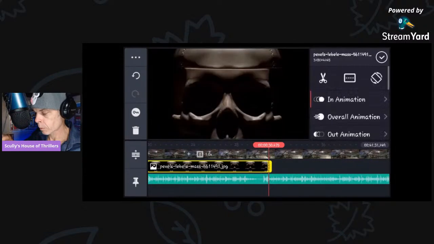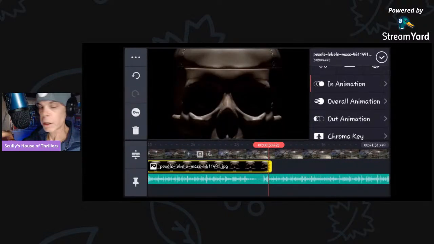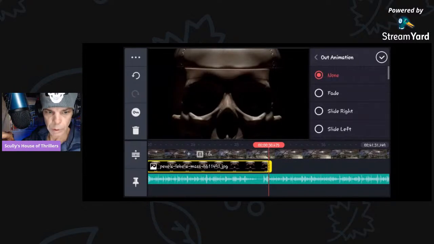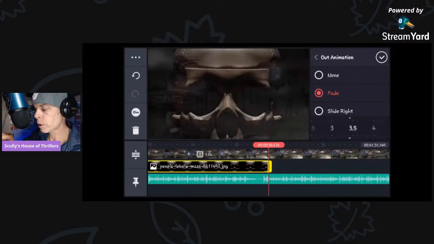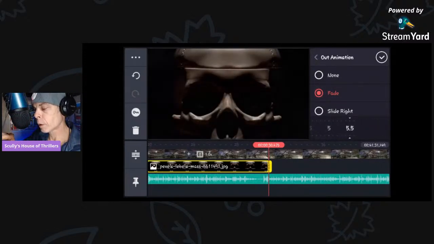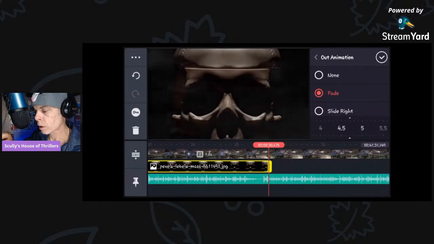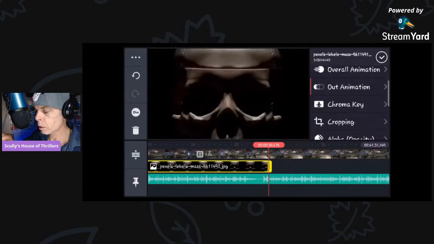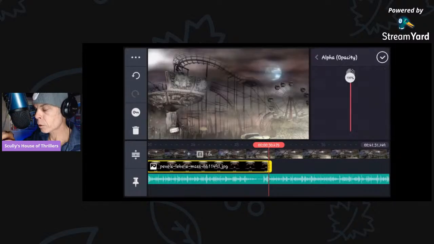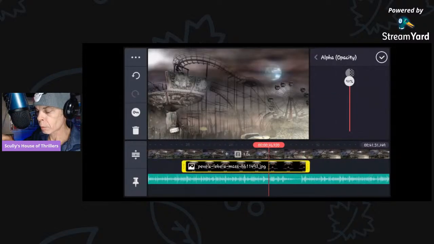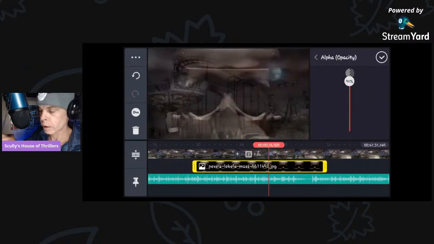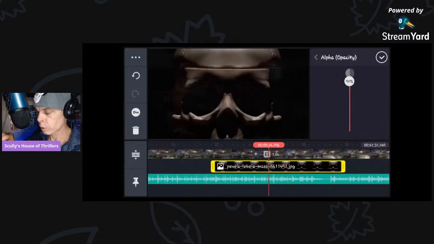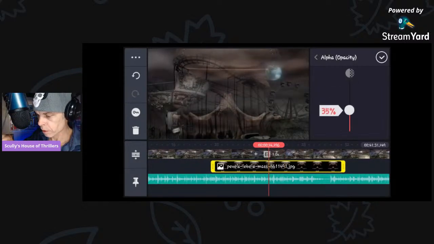and out animation. I like to fade in and out a lot. You probably notice that. Sometimes it gives you a little bit longer fades if you want them. But once I hit that, go back out. And now, here's the secret, coming down to opacity. Now you need to kind of pull that into the middle there where, y'all see that red line in that area there? You need to kind of pull down there and pull that opacity down until that looks good. And usually what I'll do,